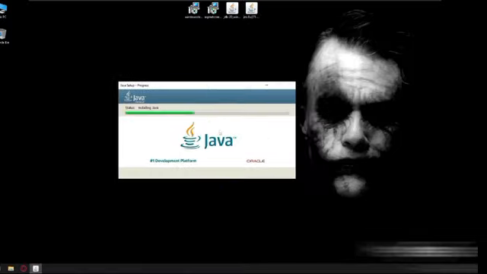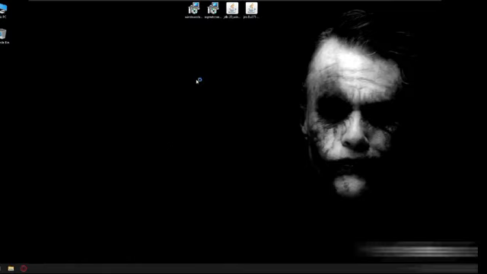Once the download is complete, open the installer file. The installation wizard will guide you through the process, which includes agreeing to the terms and conditions. It's important to read these terms carefully before